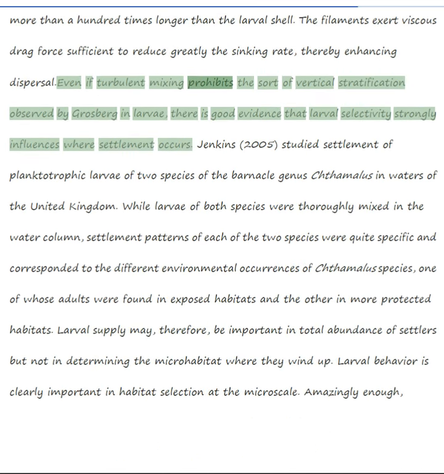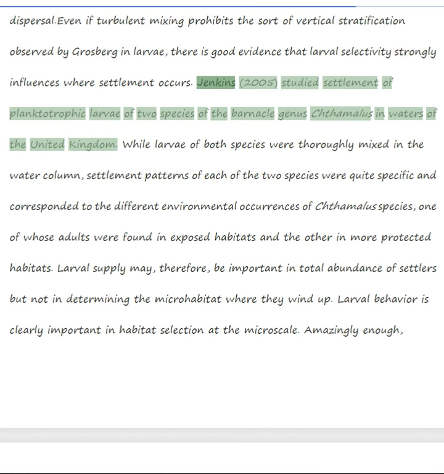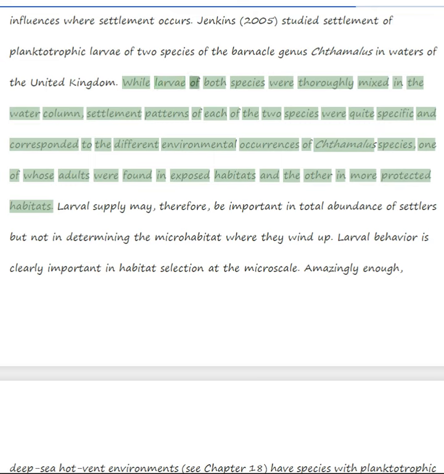Even if turbulent mixing prohibits the sort of vertical stratification observed by Grossberg in larvae, there is good evidence that larval selectivity strongly influences where settlement occurs. Jenkins studied settlement of planktotrophic larvae of 2 species of the barnacle genus Tetraclita in waters of the United Kingdom. While larvae of both species were thoroughly mixed in the water column, settlement patterns of each of the two species